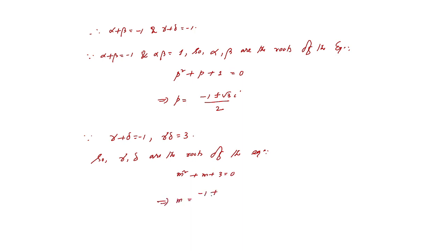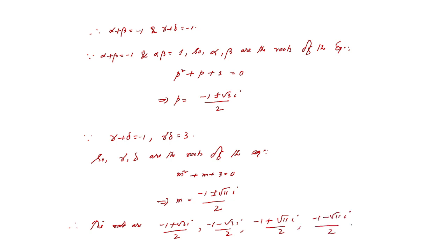So m equals minus 1 plus or minus root 11 i by 2. Therefore the roots are minus 1 plus root 3 i by 2, minus 1 minus root 3 i by 2, minus 1 plus root 11 i by 2, minus 1 minus root 11 i by 2. So these are the roots. In that way you can solve the problem with the help of